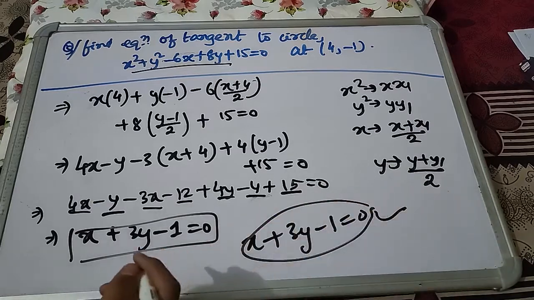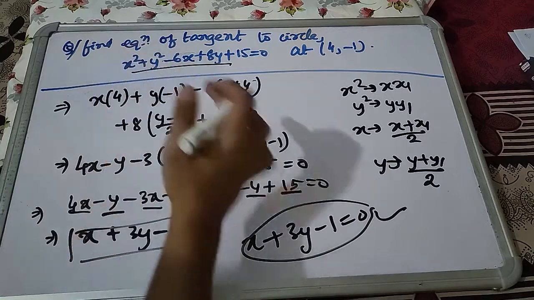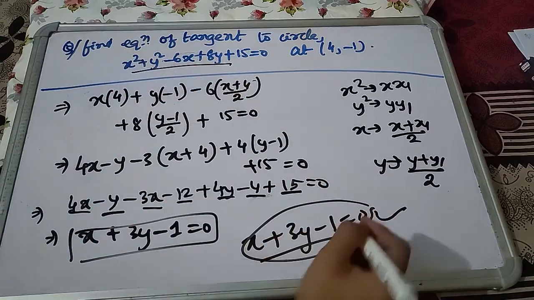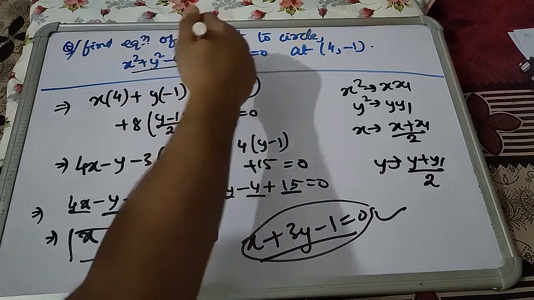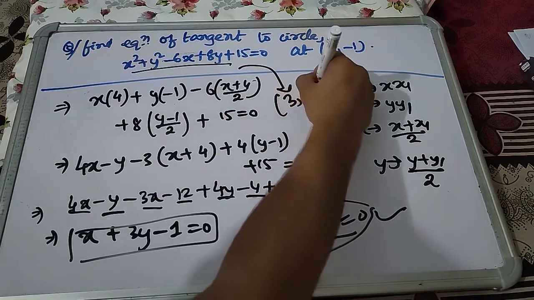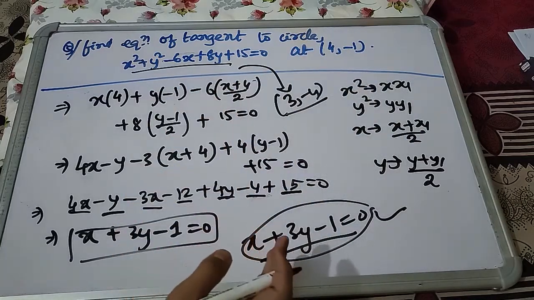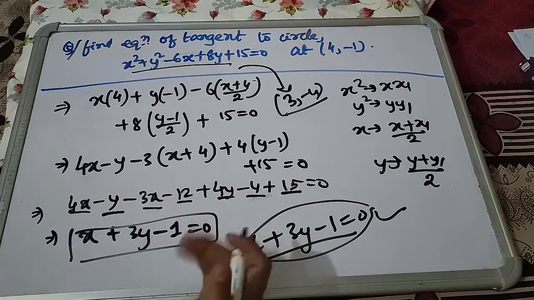For your extra practice, what you can do is find the center of the circle and the radius, and then find the distance from the center to this line and equate it to the radius. It should be equal to the radius. What is the center? You can easily find it. The center is actually (3, minus 4). You do it in the way you like and just verify this as homework. Now let us move on to the next part.